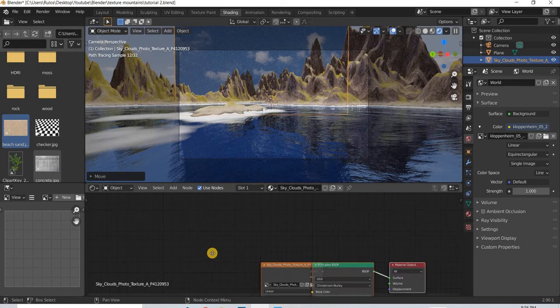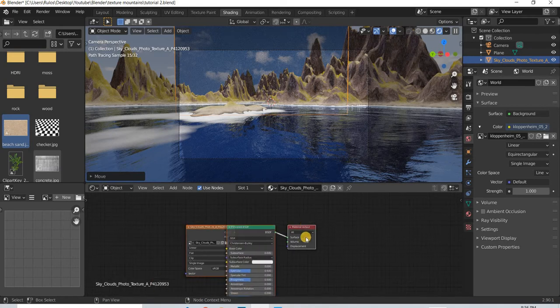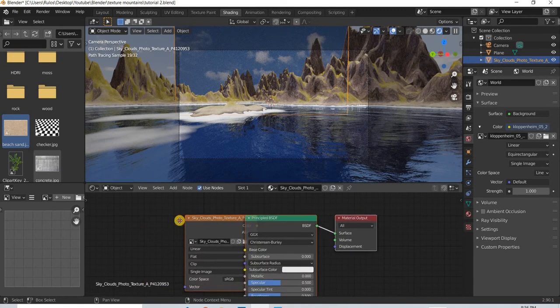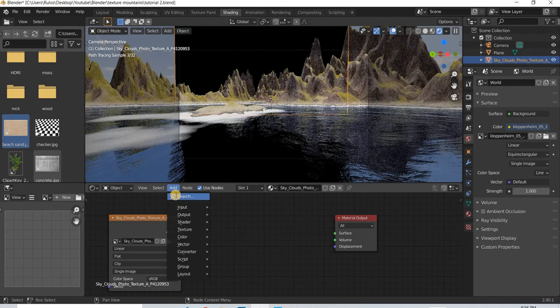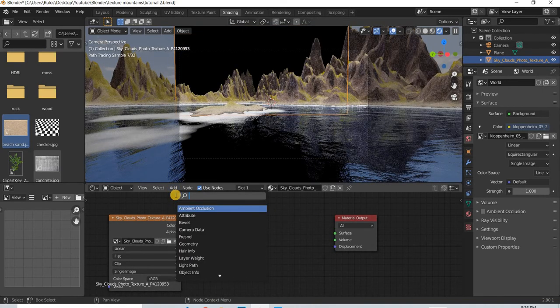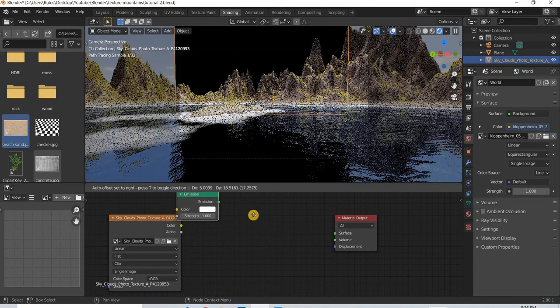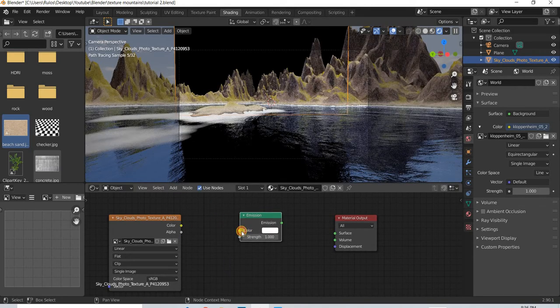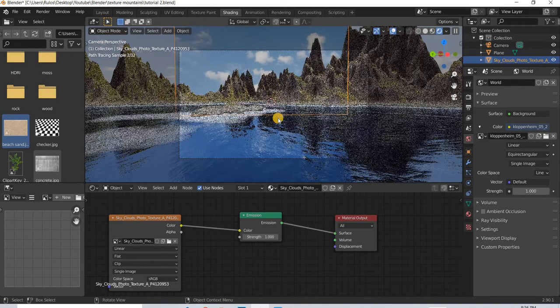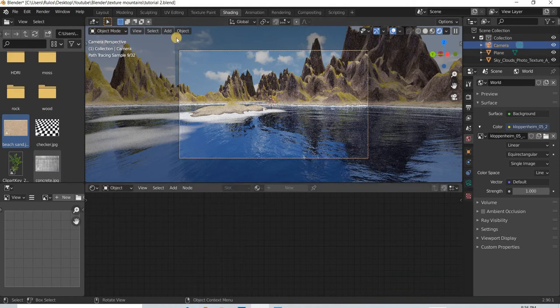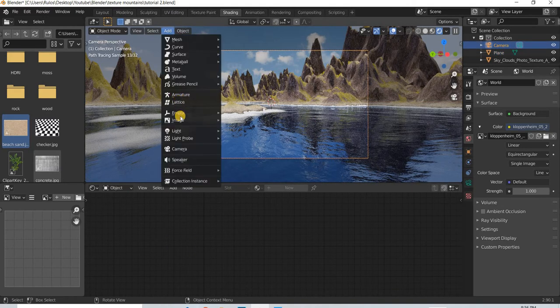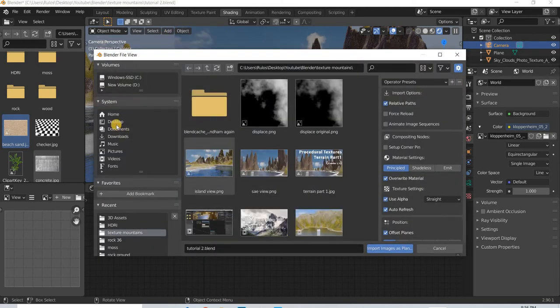Okay, now what we need is, we will get rid of this principled BSDF, and we will add emission. So color goes in color, emission goes in surface. Okay, and then if you want, you can again go to add image as plane,